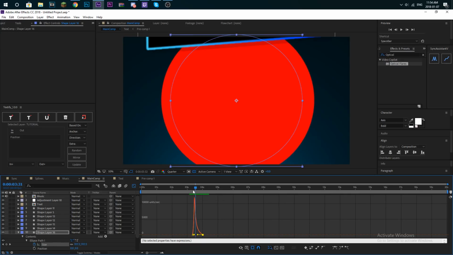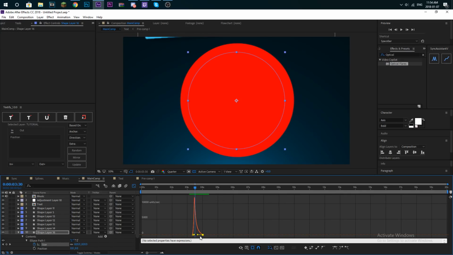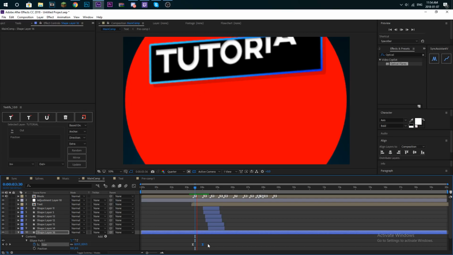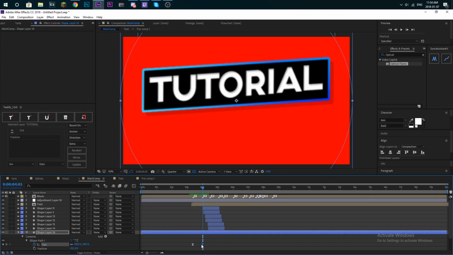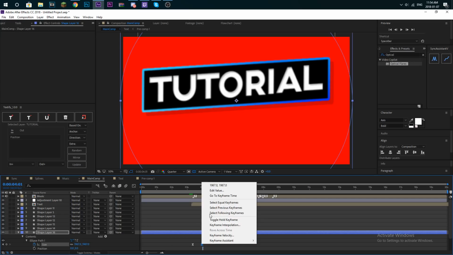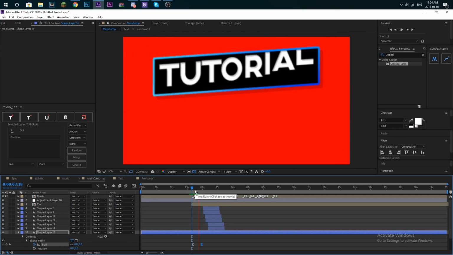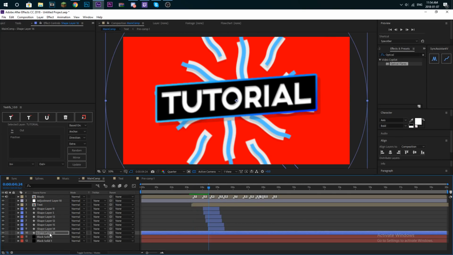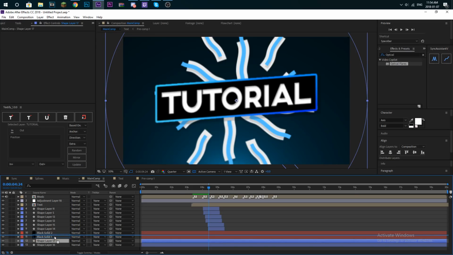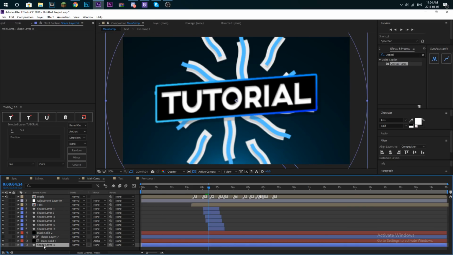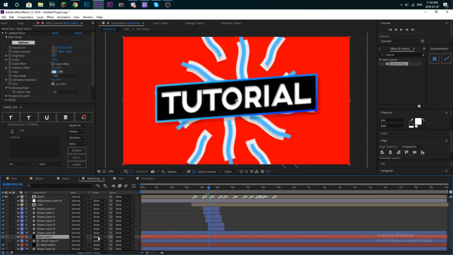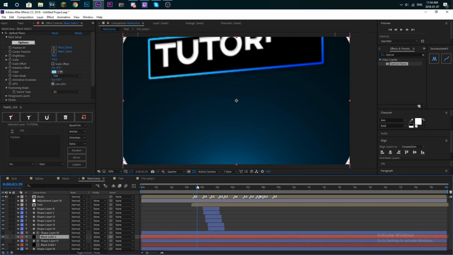Alright, we want it to be finished before, and go to keyframe time. Is it actually gonna finish? No, so I want it to go all the way there. And then what you can do is you put this underneath everything, duplicate, alpha matte, and then duplicate, alpha matte. So now you have